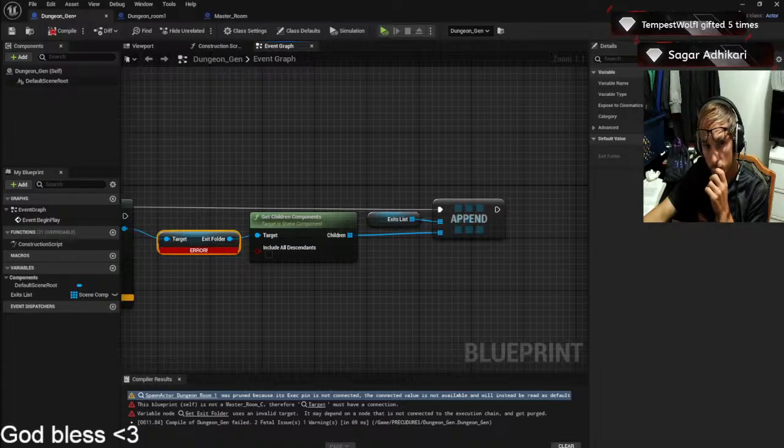So another thing we can do that makes this a lot more clean is that instead of just going straight